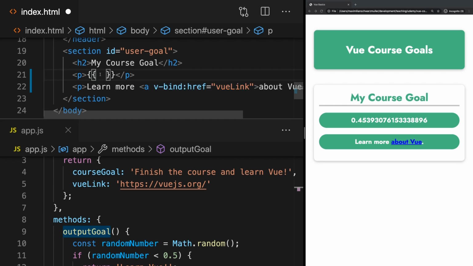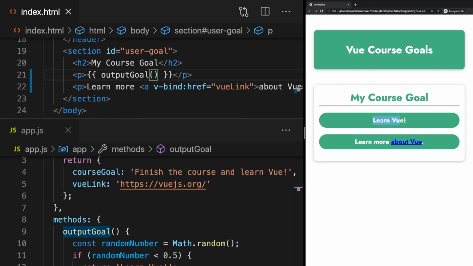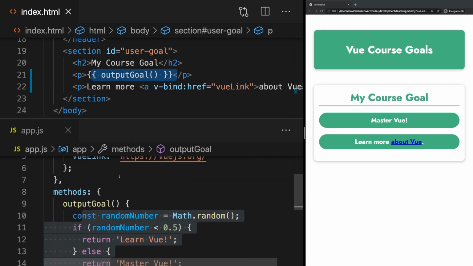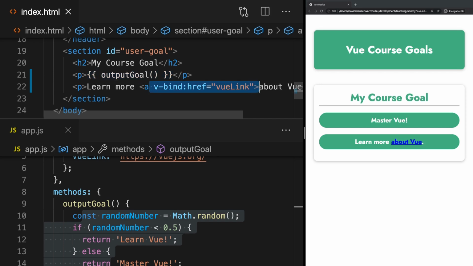And therefore, since we can use such basic JavaScript expressions, we can also call output goal here, like this. And if I save that and reload, I see learn Vue. If I reload, at some point I'll see master Vue. I'll see a different value from time to time because we always calculate a brand new value because this gets called. And I'm showing this to you because it is important to understand how Vue works, that you can execute JavaScript expressions here between the curly braces and when using v-bind, and that this gives you a lot of flexibility,